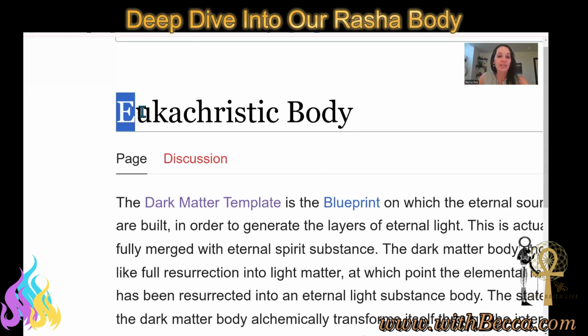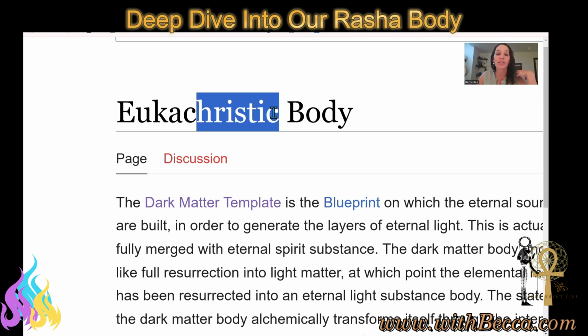So first take the sound tone of U, and then there's the sound tone ka. And then if this wasn't christic, it would be ka ra. It'd be crit, like ra, ka ra. So ka ristic, ka tha ra. So our eucharistic body is basically creating our Christ body, our entire Kathara body.